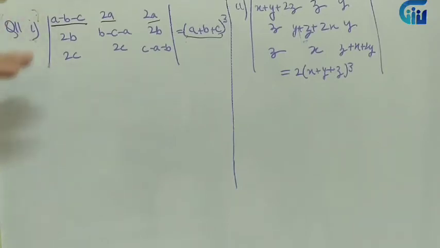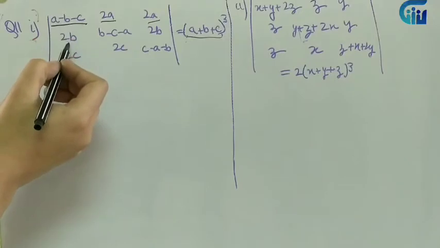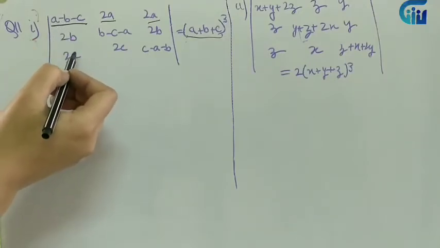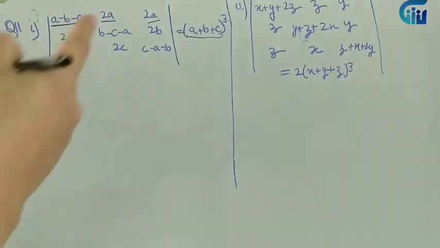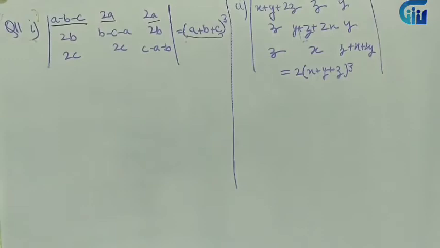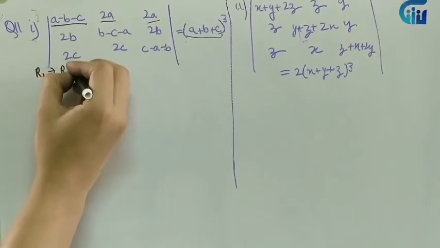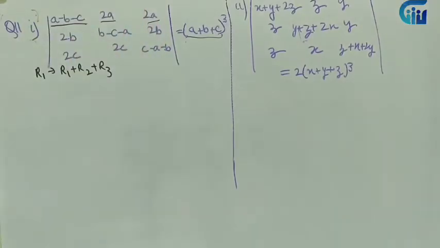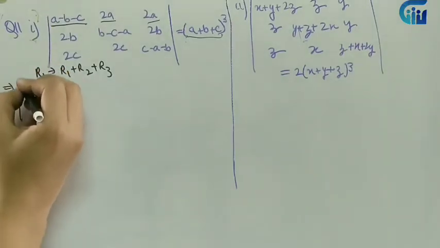I'll see if by adding along the row I am getting the result. So A minus B minus C plus 2B plus 2C. Plus 2B and minus B will give me plus B. Plus 2C minus C will give me plus C. So I'll get A plus B plus C. So this is working. So let's apply this particular operation as R1 such that R1 plus R2 plus R3. I am doing it upward downward, so I am doing it row wise. So let's see what we are getting.